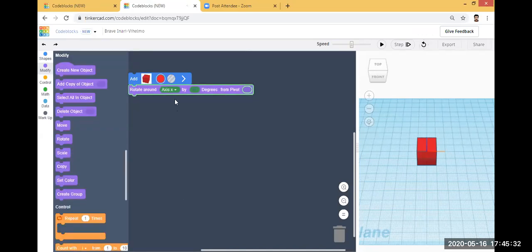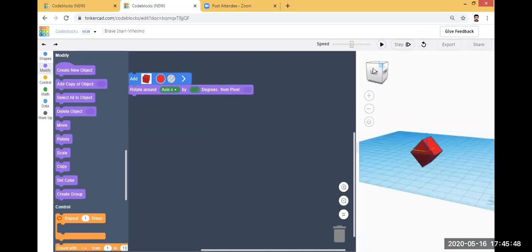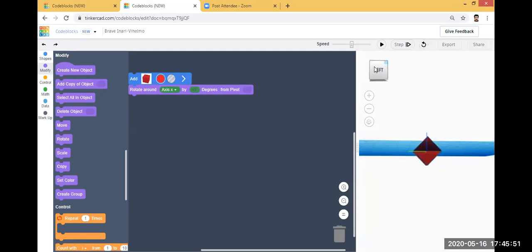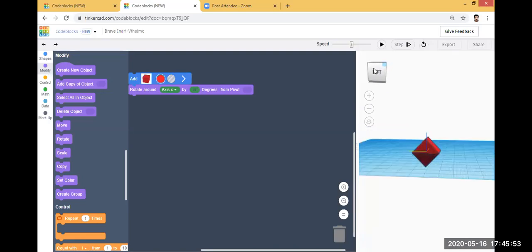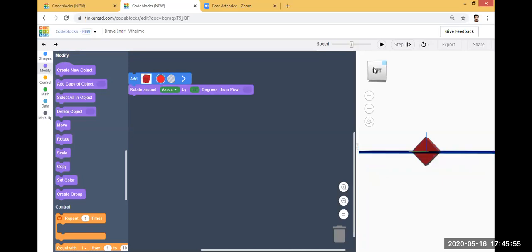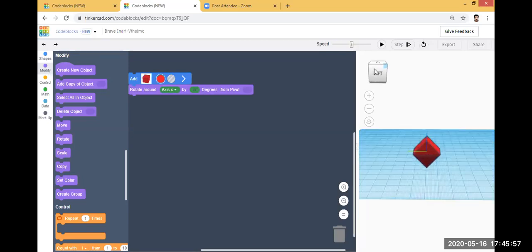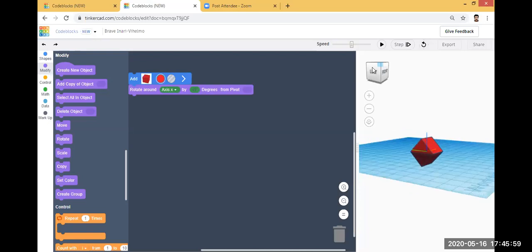Then you can select which axis, X, Y or Z, and the angle. Here I will enter an angle of 45 degrees, and then I will click the play button. You can see your object is inclined at an angle of 45 degrees to the work plane.